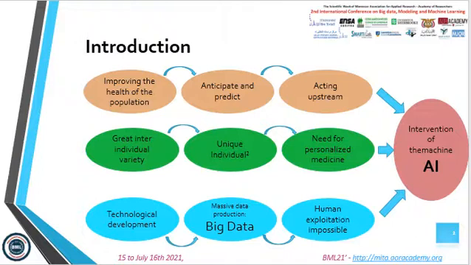The great variety between individuals means that each individual has specific characteristics that make him unique, hence the need for personalized medicine. Scientific and technological development in medicine has led to the production of massive data that is difficult to use by humans. All these elements are only possible thanks to the use of machines, especially artificial intelligence.